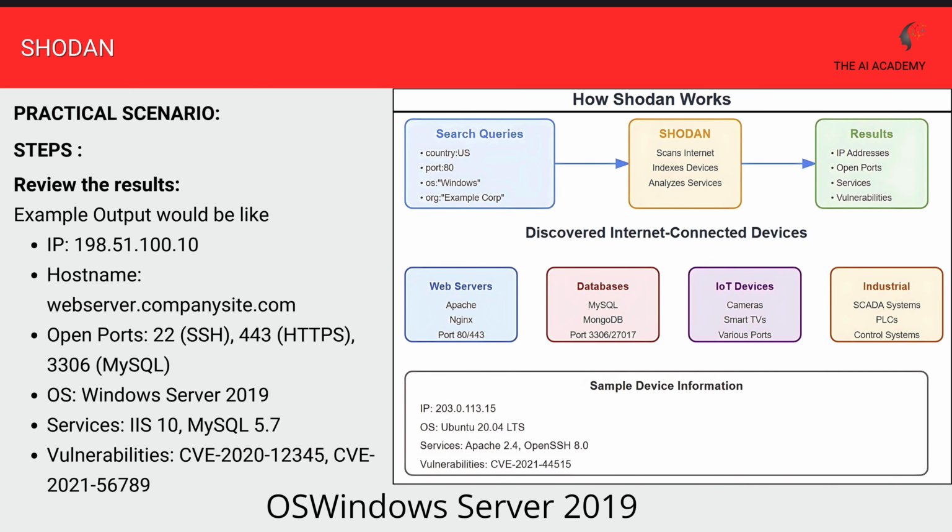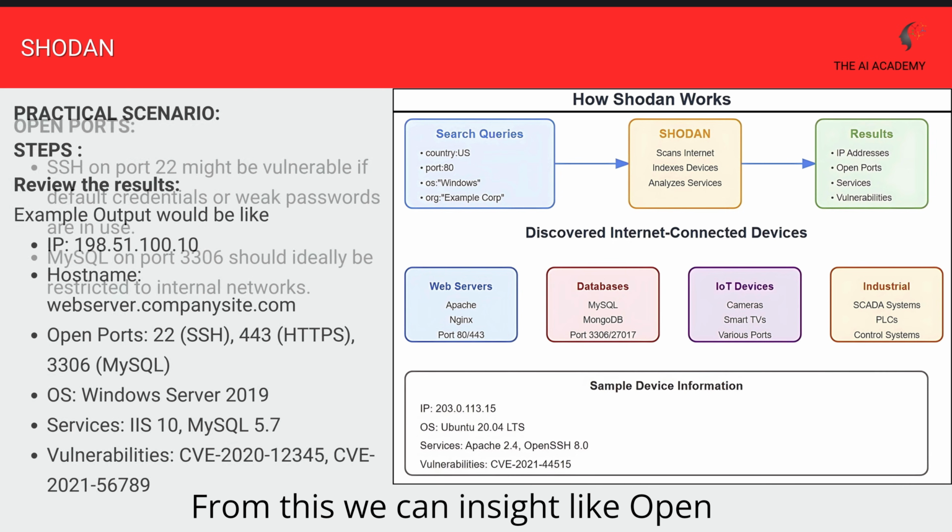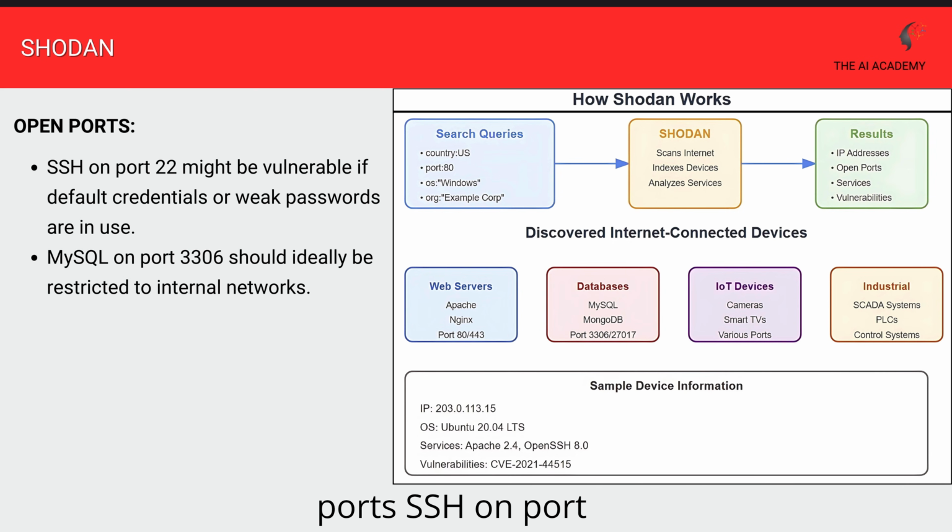OS: Windows Server 2019. Services: IIS 10, MySQL 5.7. Vulnerabilities: CVE-2020-12345, CVE-2021-56789. From this we can gain insights like: